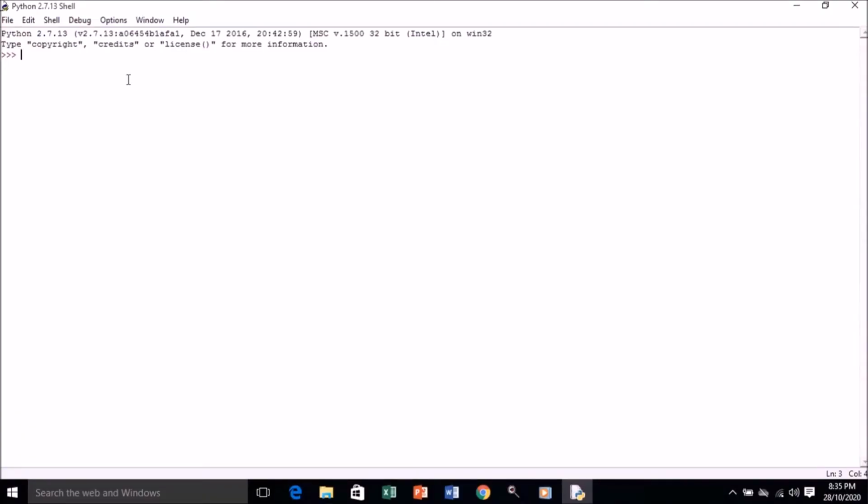So here this is the screen, this is the interactive mode of Python. Let's start with our first command. Here we will first simply type in single quote, and in this single quote we will type here hello, how are you. I'm just typing this, and after this I'll press enter key. So what comes out here, you can see hello, how are you is displayed.